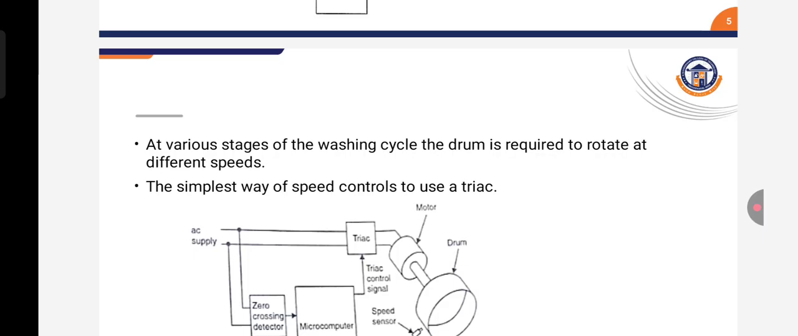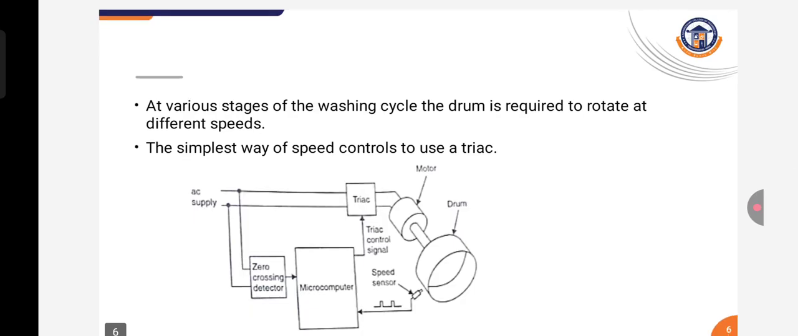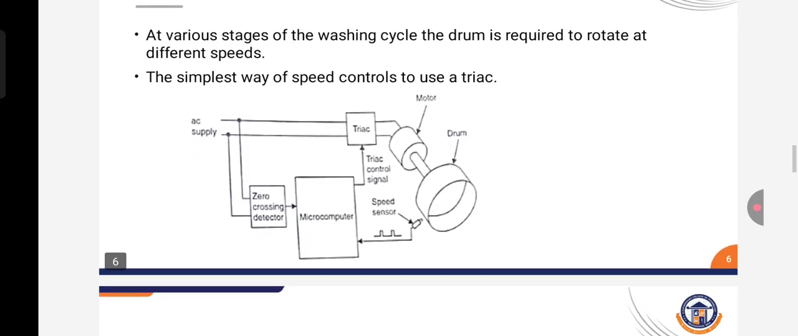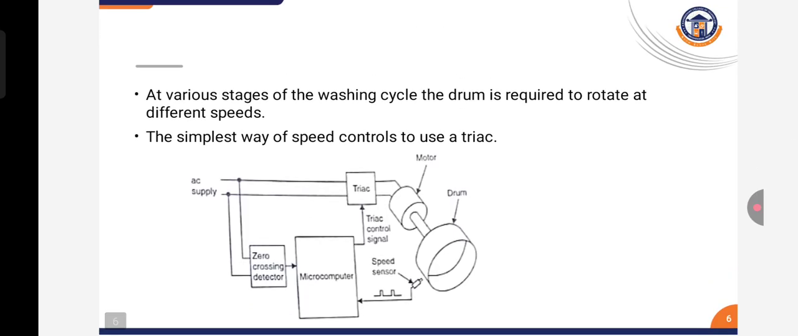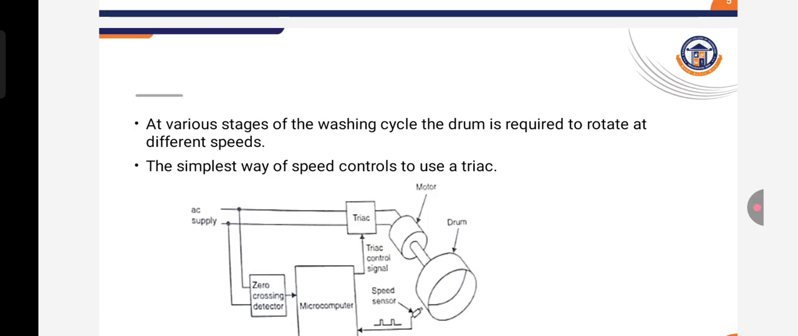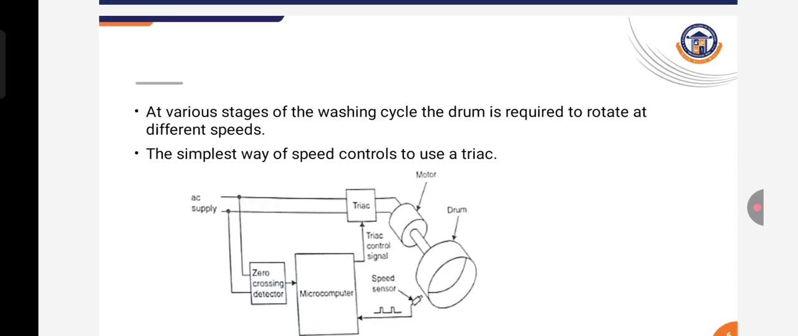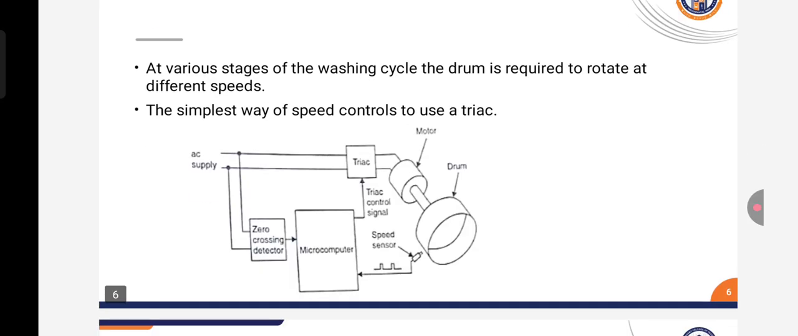Many modern washing machines now use a microcomputer to control their various functions, replacing the electromechanical controllers used in earlier models. At various stages of the washing machine, the drum is required to rotate at different speeds. This includes a low speed of about 30 revolutions per minute while clothes are washed, an intermediate speed while the water is pumped out, and a high speed of either 500 or 1000 rpm to spin dry the